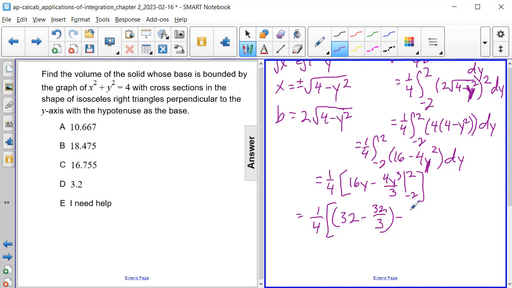And then we have to subtract 16 times -2, which is -32. And then -2 to the third is -8 times 4 is 32 again, but then because we have the minus and a negative, we can change this to a plus, and it'll be 32 over 3. And then if we distribute the negative through to both terms, we'll end up having a positive and a negative here. So we have 1/4, and we have 64 minus 64/3,